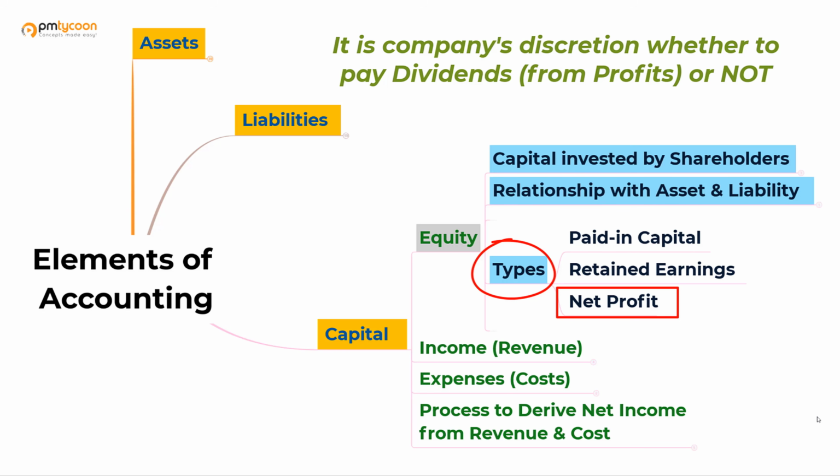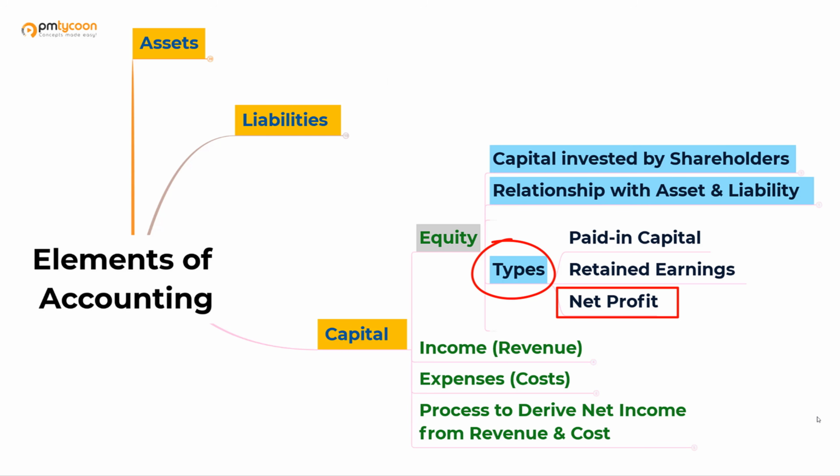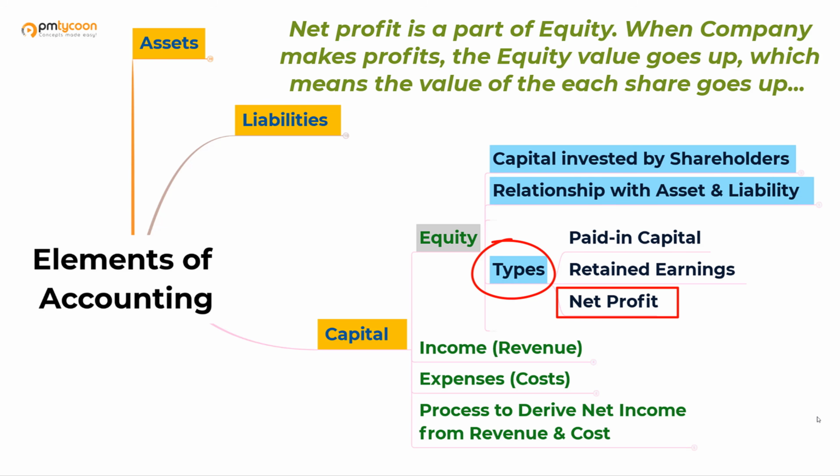But whether to release the money to the shareholders or not is something that is at the company's discretion. No shareholder can go and command that you have to release the dividends. It is in the company's best interest that companies work. But you may ask, how then does the shareholder benefit? The shareholder benefits because the amount of share that he holds in the company has now gone up, because the profits were not released in the form of dividends. The profit is getting accumulated as equity.